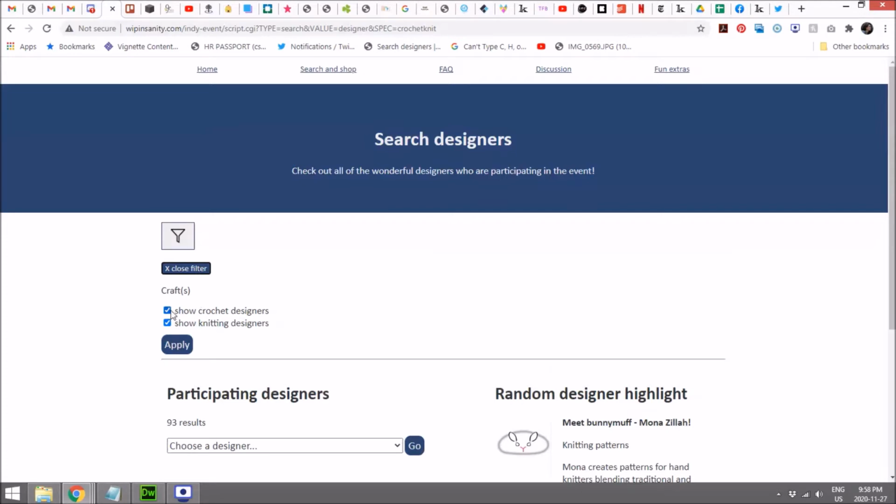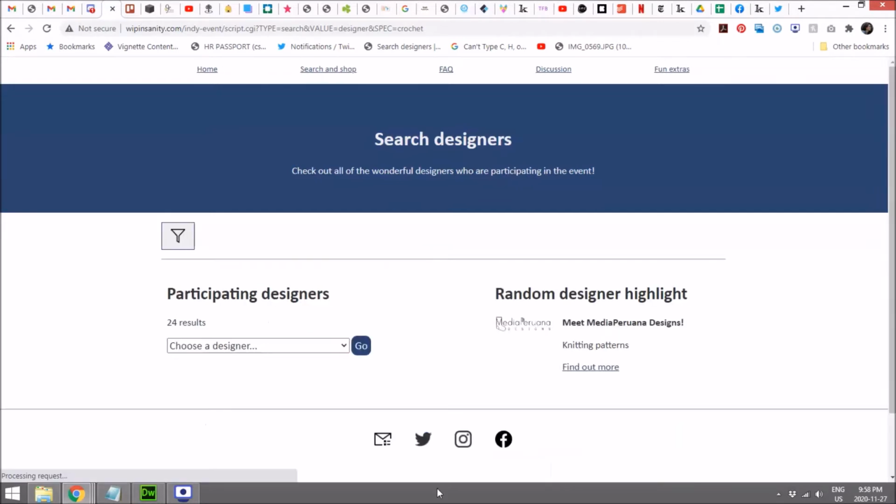As you can see, we have two options here and you can choose whichever ones you want. At the moment, since we're showing all of our designers, both types of crafts are clicked. But if I, for example, just wanted to see crochet designers, then I would make sure that knitting is not clicked and crochet is, and I would hit apply.